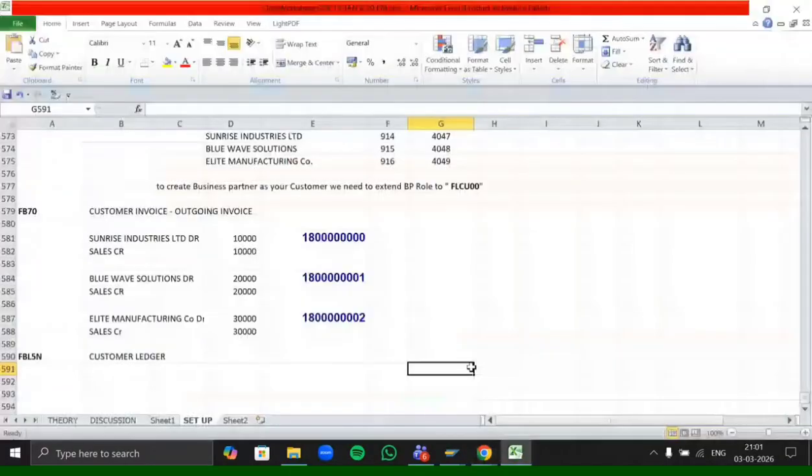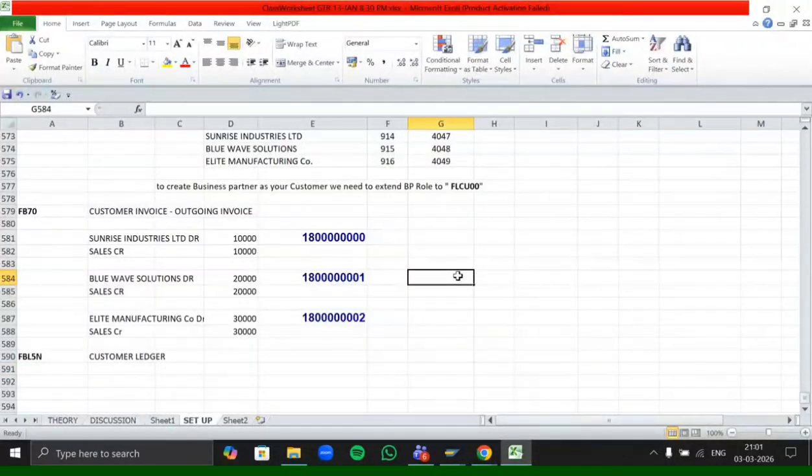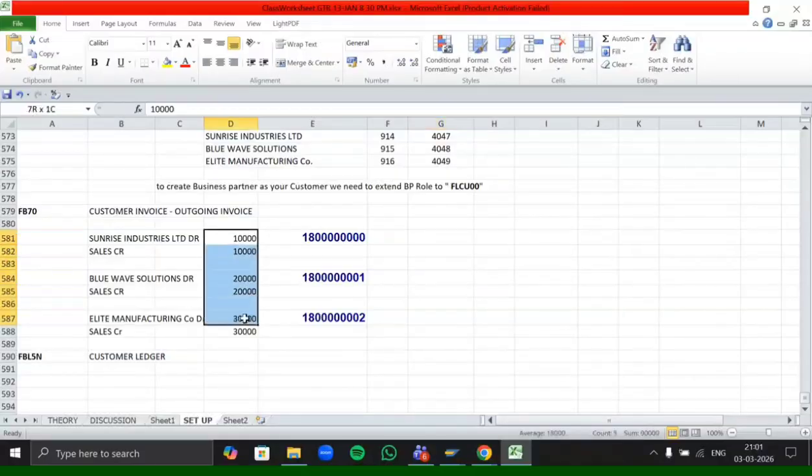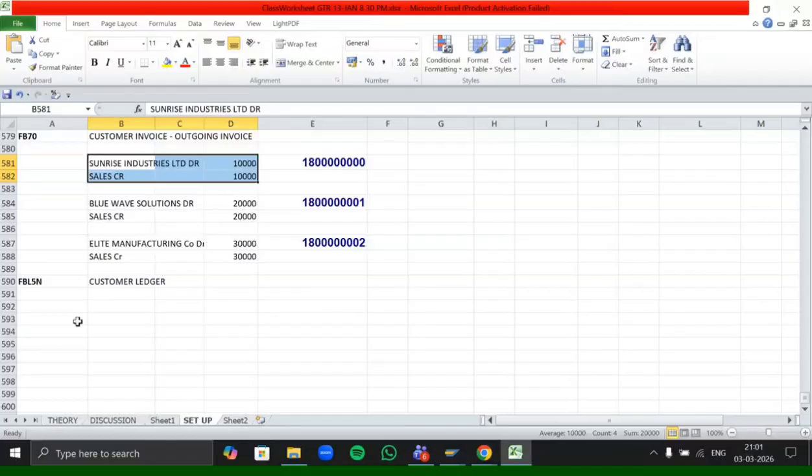Okay, so now these are the receivable amounts, right? Total receivable amounts we have is 60,000. Like we have to total from all the customers, we have to receive 60,000 here. Now, as of now, we are going to receive an amount from Sunrise Industry. Sunrise Industry is making us a payment through cash. So can you tell me what entry will be reflected there?